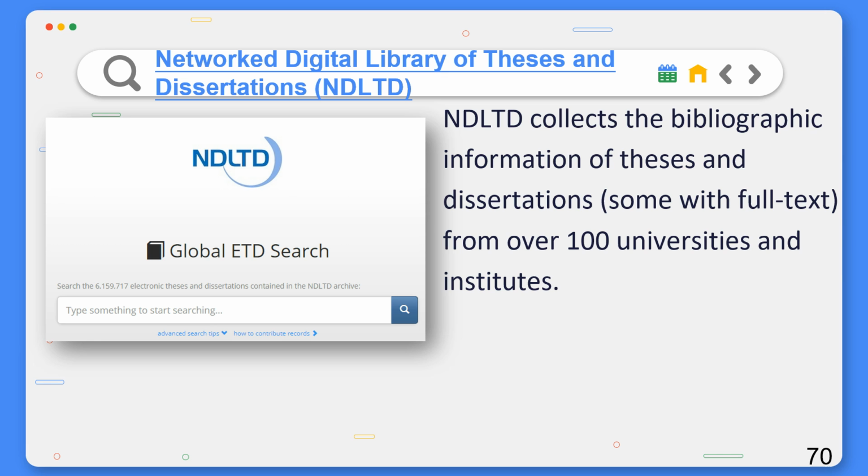If you want to find worthwhile theses, you can use the Networked Digital Library of Theses and Dissertations. It is an international organization dedicated to promoting the creation, use, and preservation of electronic theses. It contains more than 6 million records of electronic theses from the early 19th century to the present, and it